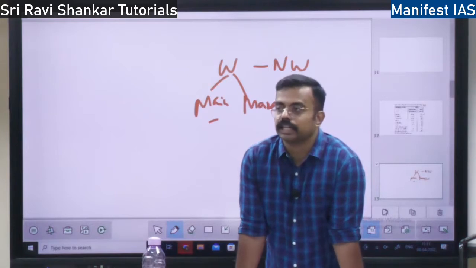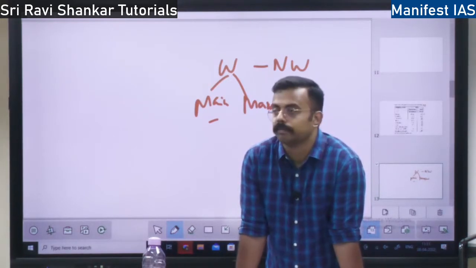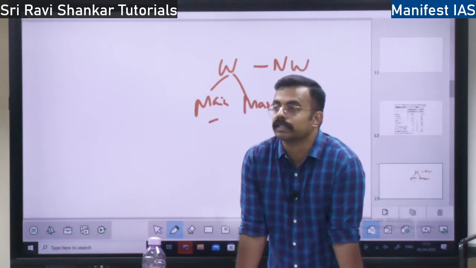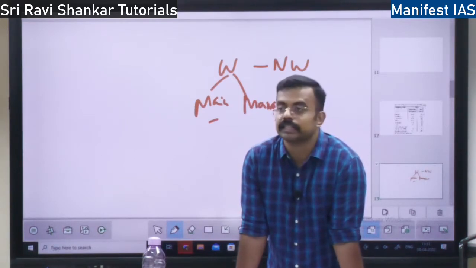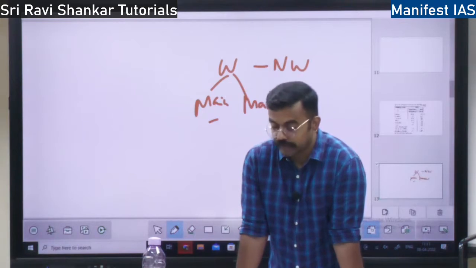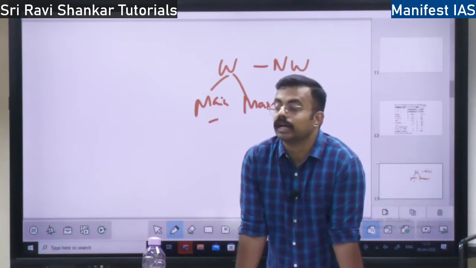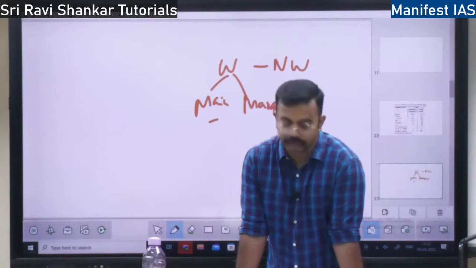So with respect to Indian diaspora, when did this all start? First, it started during the British time. British took the laborers to other countries to work in the plantations. They are called indentured laborers. So if you look at the world history, you have this Indian history. So Mahatma Gandhi ji goes to South Africa. He fights for the rights of the indentured laborers, the Indian laborers in South Africa, right?